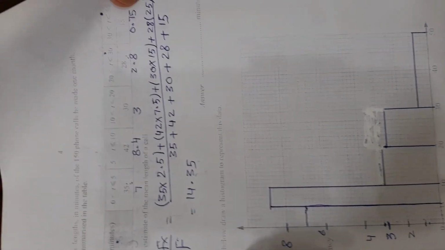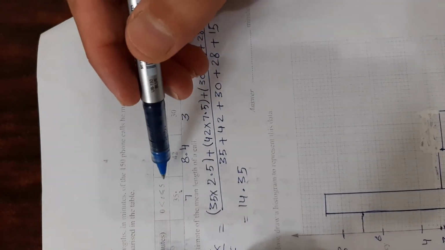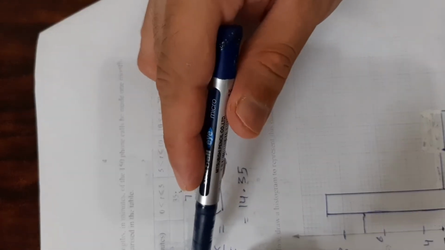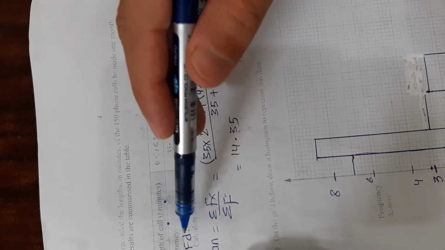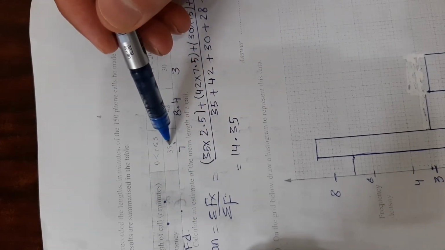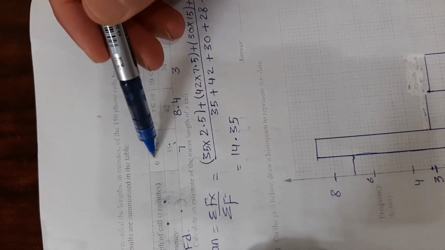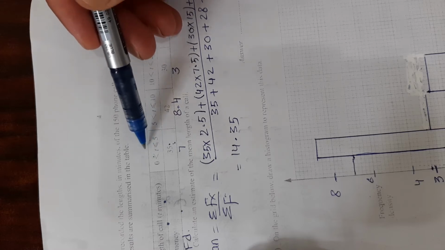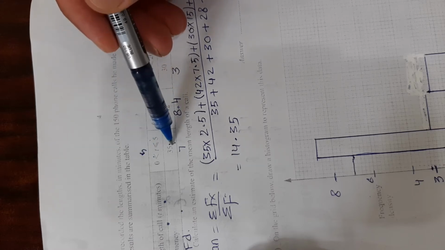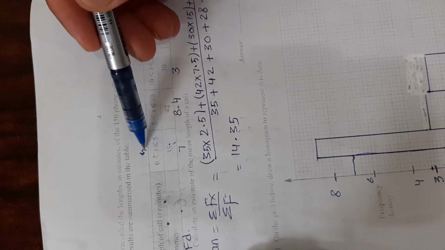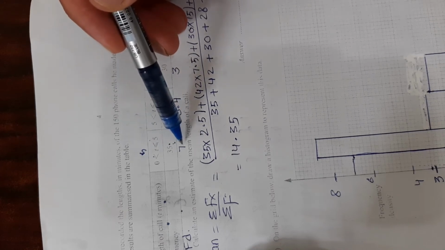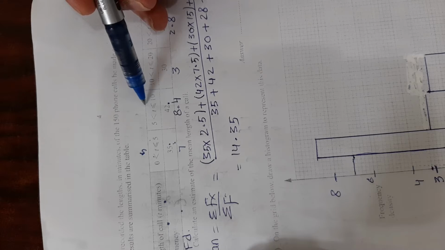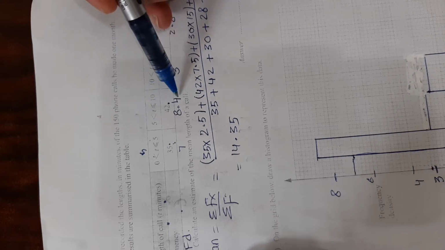So when we have different or unequal class intervals, then you need to find frequency density, and frequency density is basically the frequency of that class divided by the width of that class. Now the frequency is 35 and the width, from 0 to 5, is 5. So frequency over width, 35 over 5, will give you 7. This is the frequency density. For the next class, frequency density will be 42, which is the frequency, over class width, which is 5. So that will give you 8.4.